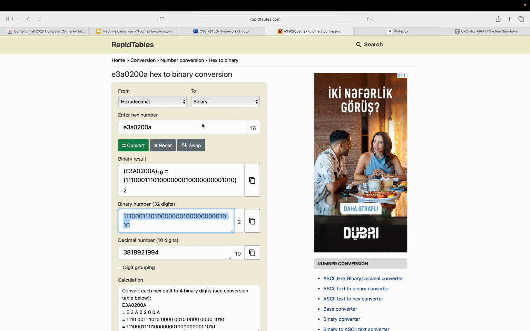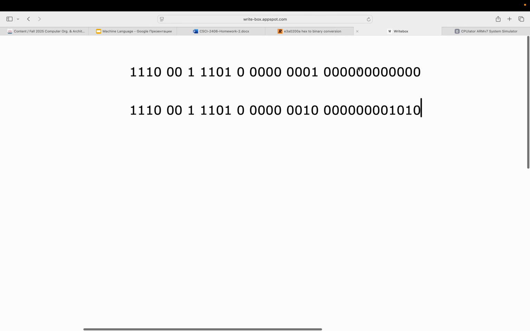So I'm gonna write the third hexadecimal number, and let's see what happens. Yes, E3A03123. Okay. So this is our third one, and again let's divide it and see what happens. Basically what I noticed is that these patterns are the same, which basically means that again it's gonna be